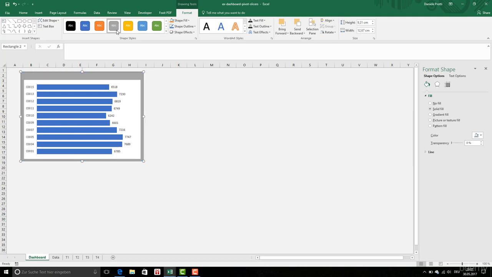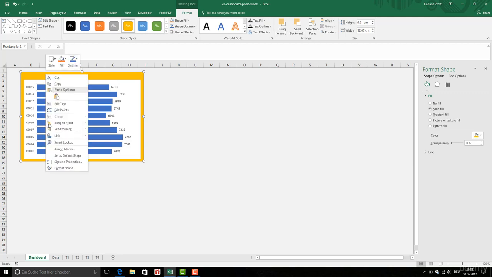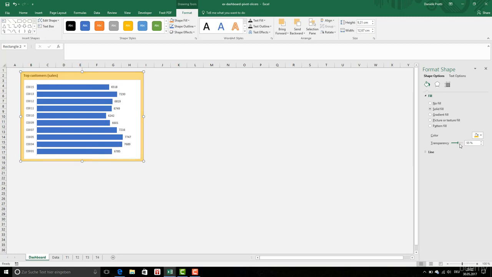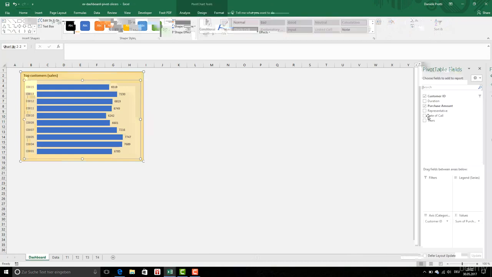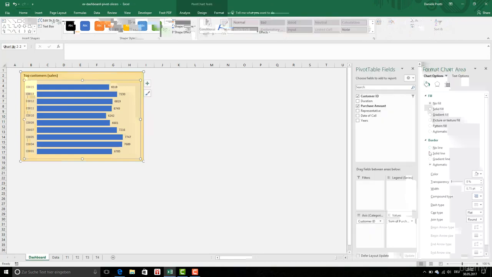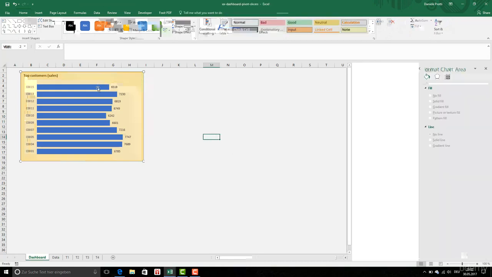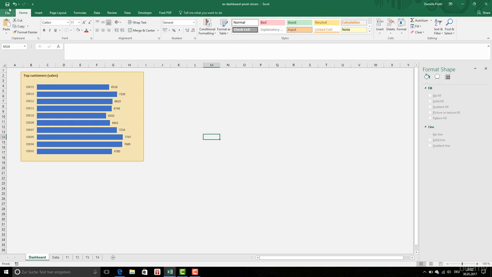Okay, we're gonna change also to this color, whatever color you want, or even we can do fill is transparent. Fill, no fill. Yeah, for example, we have this border, no line. Here we are. So we created